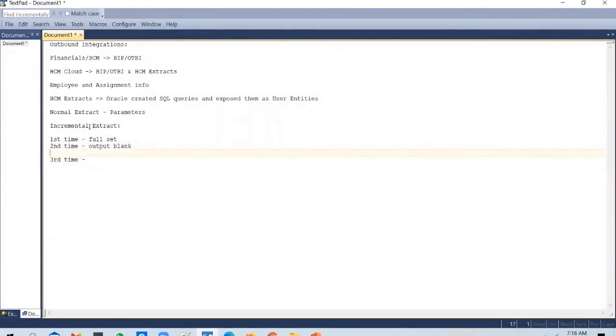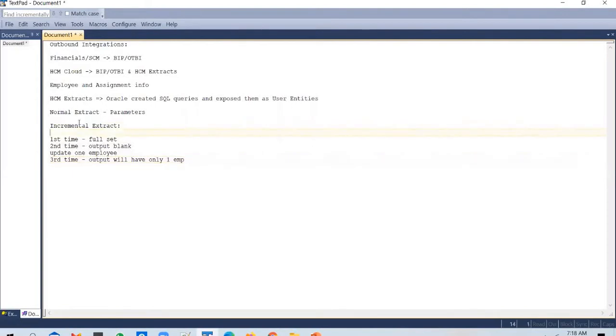After the second run, we update one employee, and then we run the extract for the third time. The output will have only one employee. Okay, so this is called an incremental extract.